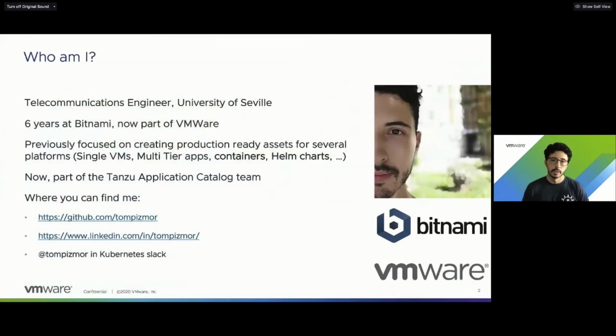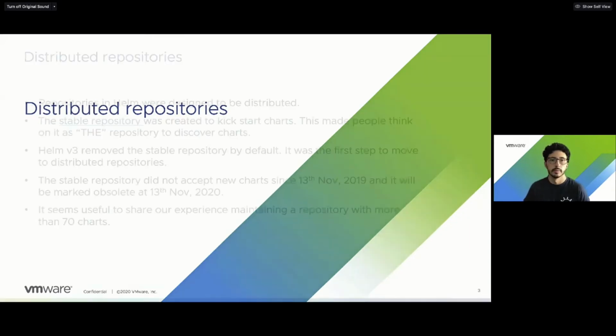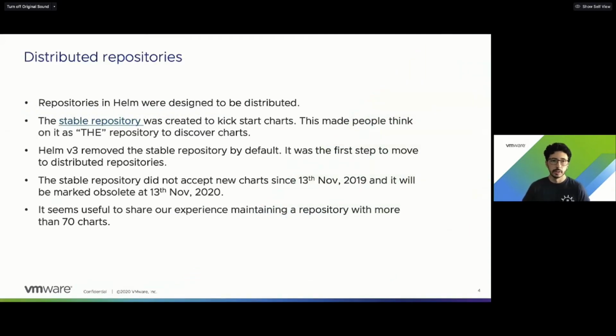So I already introduced myself, so I'm going to skip this slide. This is where you can find me in GitHub and on Pizarro, also on LinkedIn or in the Kubernetes Slack. And I'm here to talk about distributed repositories. What is this? Distributed repositories